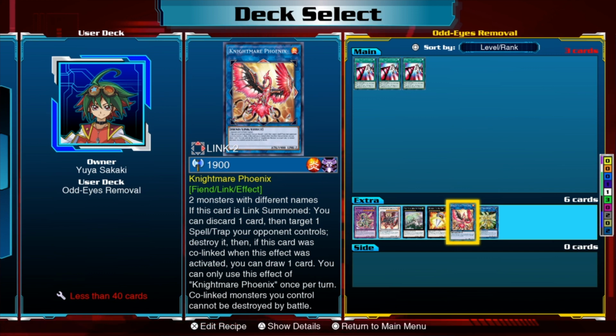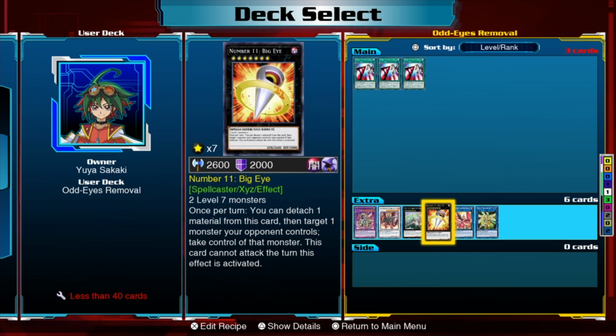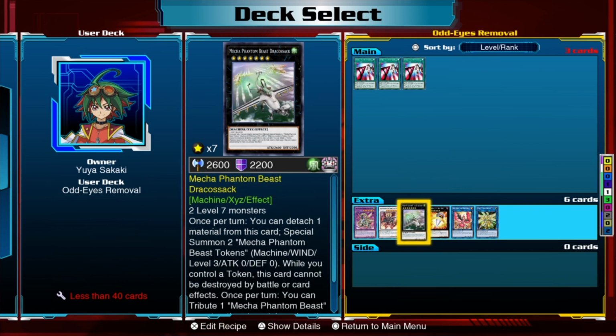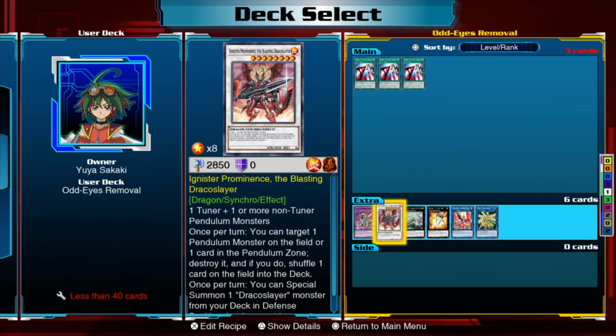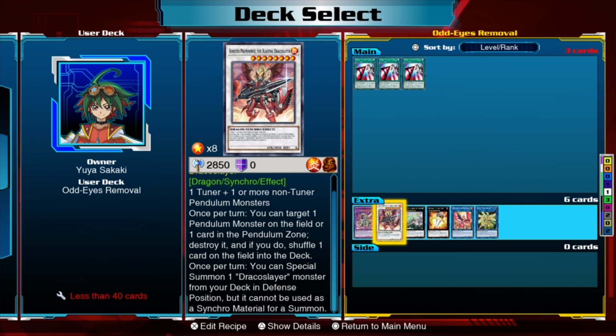Nightmare Phoenix is there just to destroy spells and traps. Big Eye is here in order to detach one card material and take one card that your opponent controls. Draco Sack, contribute a token on your field to destroy a card on the field. Ignister Prominence can shuffle any card in your Pendulum zone and shuffle one card on the field back into the